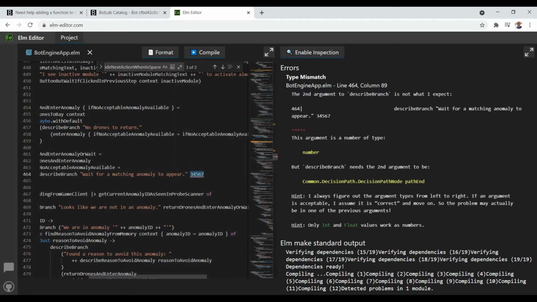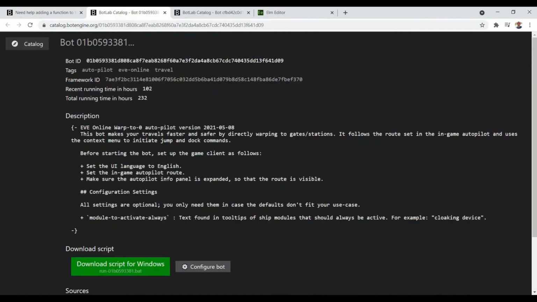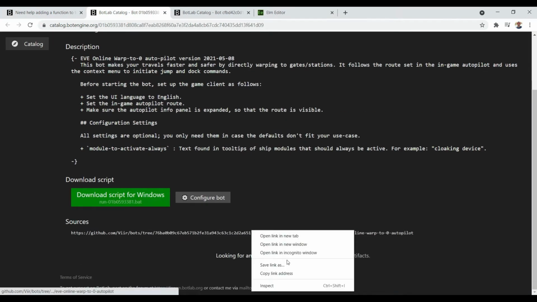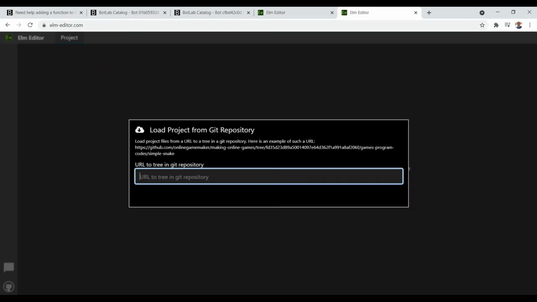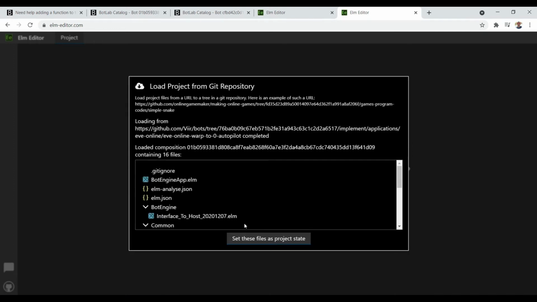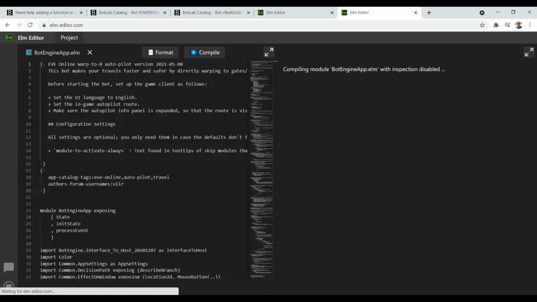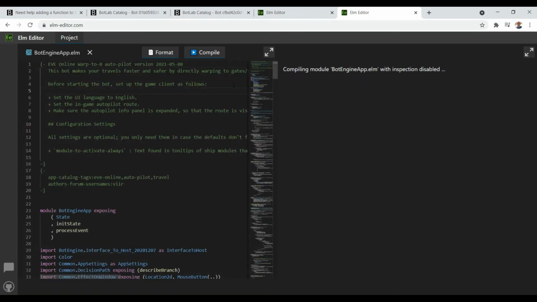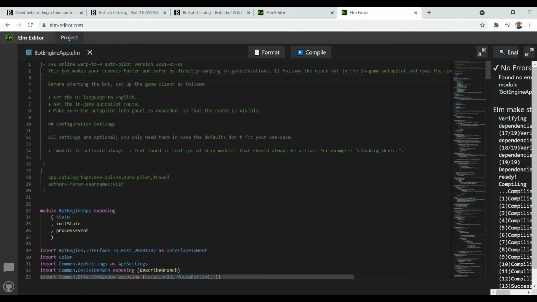So let's open the other bot using the link from this post. Let's open this in another instance of the editor. So this is the code of the autopilot bot.